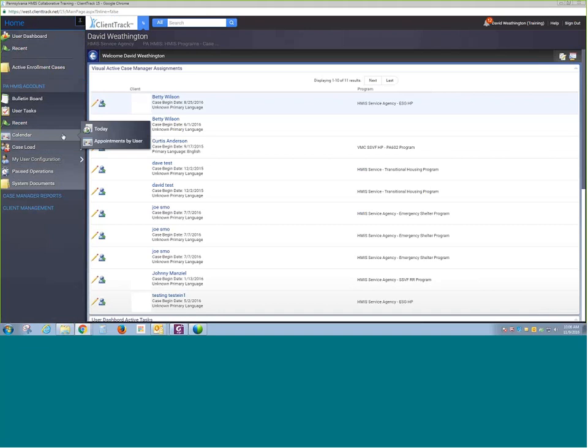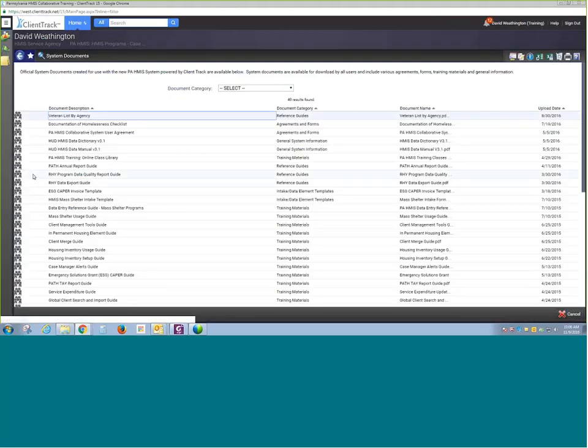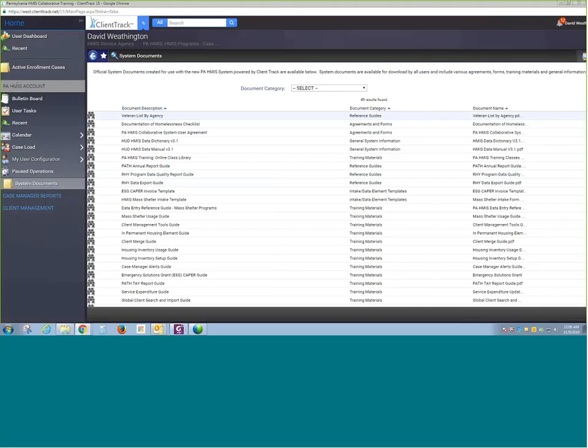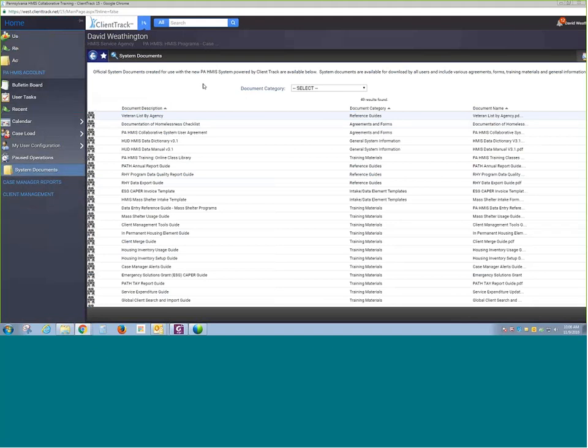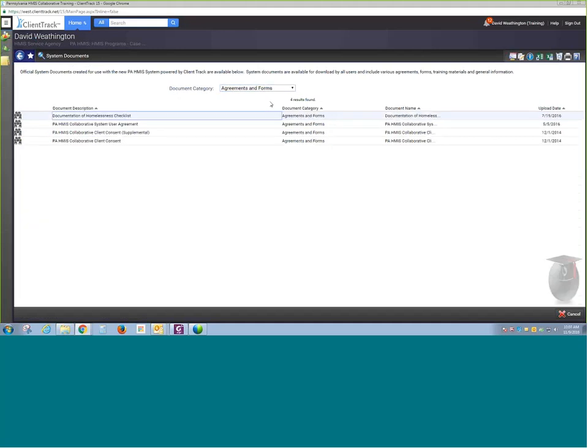And it will actually stay there for you as you click on other options. Just giving you an example, I'm going to quickly unpin and hide the menu and click on System Documents, and you'll notice it goes away. And those system documents, which fall under the PA HMIS accounts on the Home tab, that's where you'll find all our updated documents that you can organize and kind of go through any of the agreements that are currently in the system,